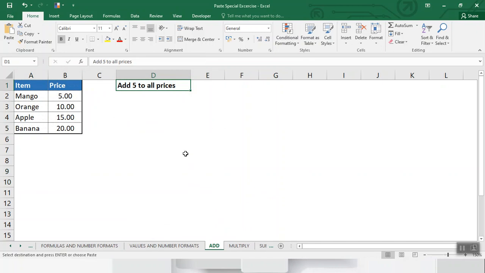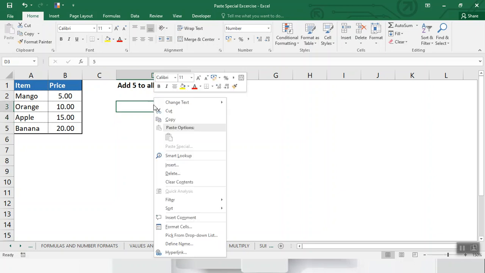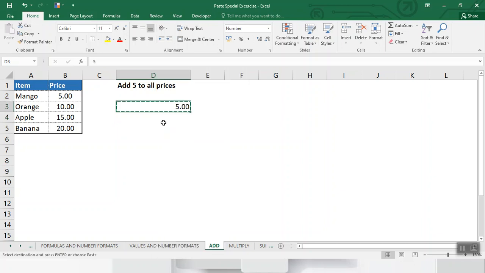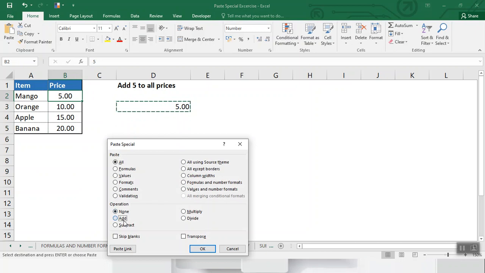You may want to increase all the numbers in a range by a set amount. For example, in this price list, all the prices should be increased by 5. Type 5 in any cell, copy the cell, right click, go to copy, select the target range where we want to add 5. Then right click, go to paste special option, then add.